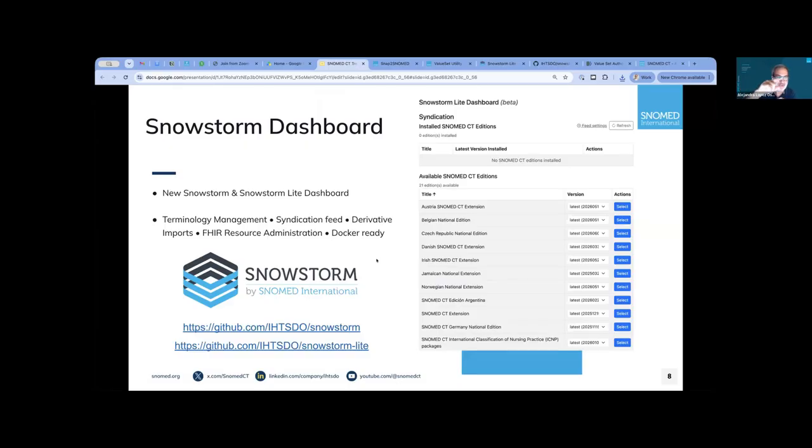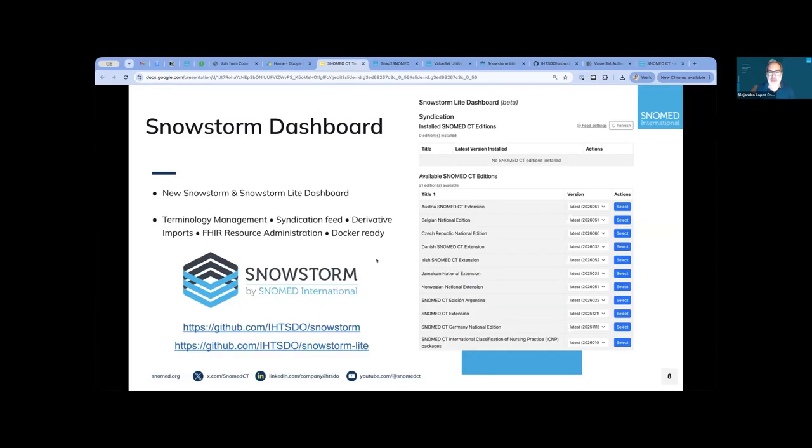Before, we talked about generating the release, generating translations, generating a national release, generating value sets or maps. And now we are talking about deploying them to the terminology server so a clinician can use it. So we are in the part of deploying to a terminology server. This usually used to be a really complex thing, but as time goes by, we're trying to simplify and simplify and simplify.